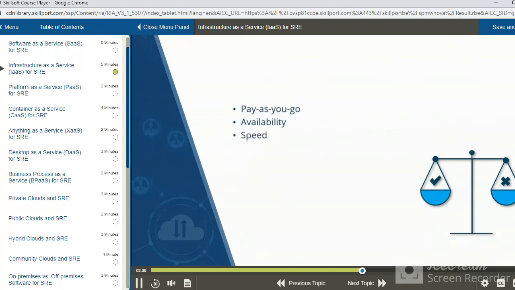Speed. So with IaaS, users can provision small or vast amounts of resources in a matter of minutes, testing new ideas quickly and then scaling even quicker. Scalability. So IaaS has seemingly limitless capacity and the ability to scale resources automatically. And then latency or performance. IaaS services can have broad geographic footprints, making it easy to put apps and services closer to users, which would reduce their latency and improve